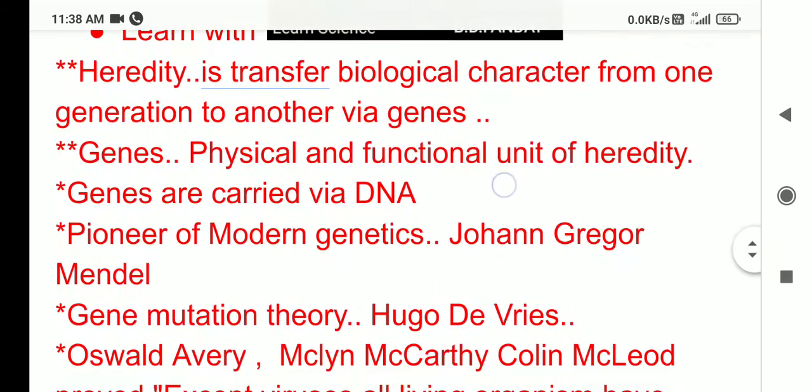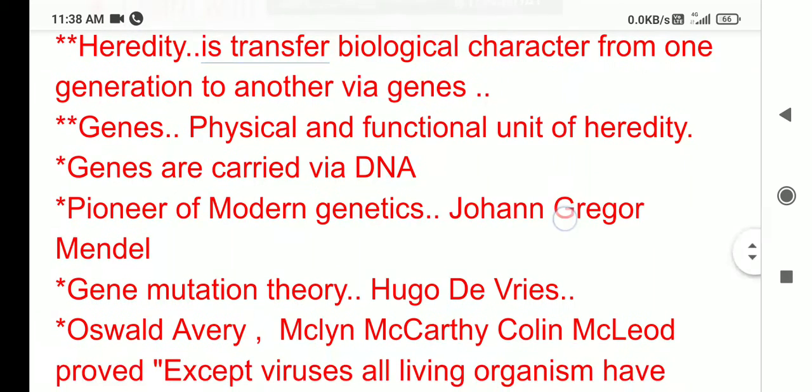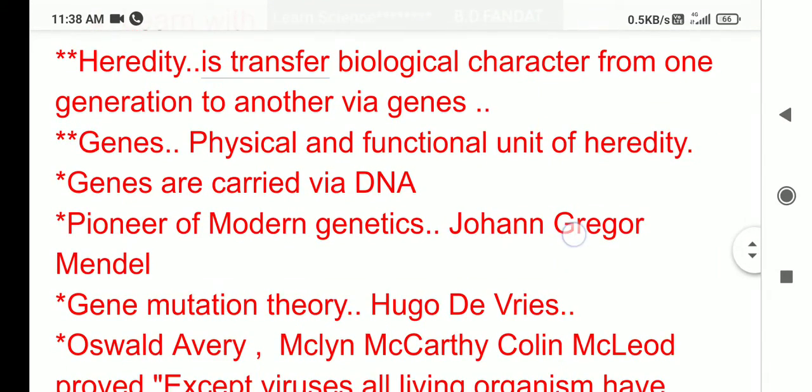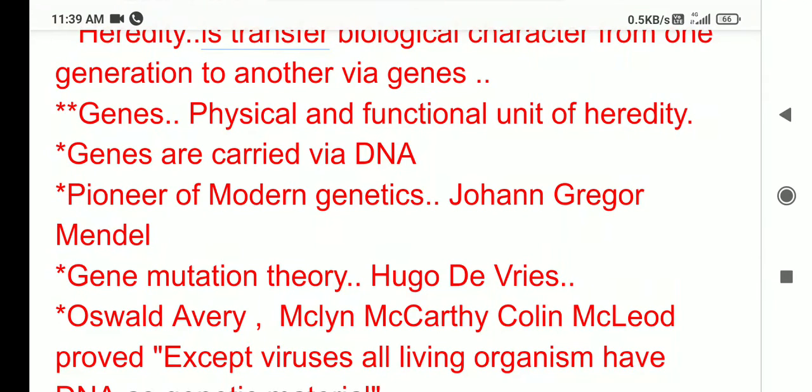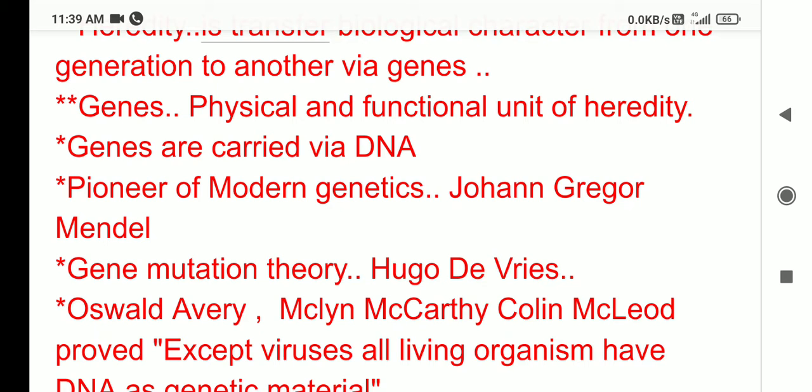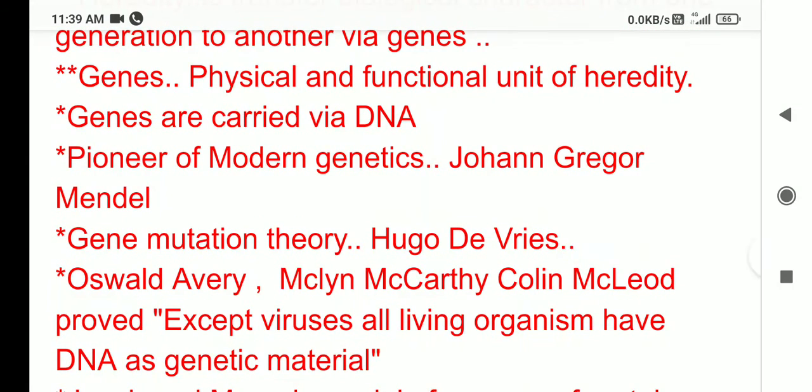So friends, we must know what is heredity. Another word for heredity is inheritance. Heredity is transfer of biological character from one generation to another via genes. So again, you may ask me what are genes? Genes are the physical and functional unit of heredity, and genes are carried via DNA. Many times, a segment of DNA is also called a gene,